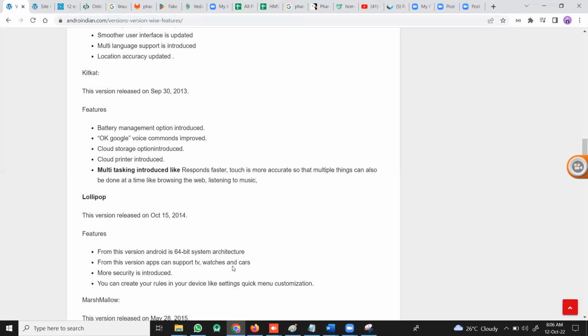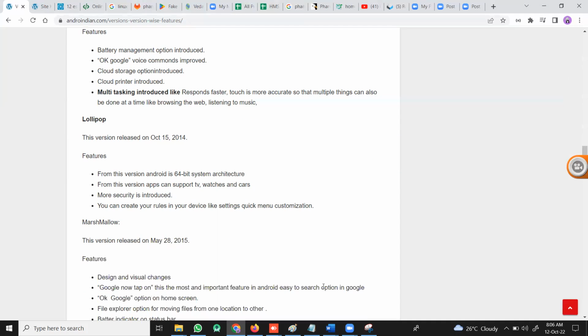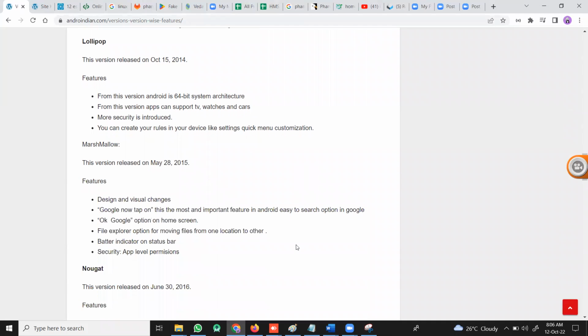And in this, there is more security, because the architecture has changed, so security is automatically updated here, and you can create your own roles and quick customizations. Why this quick customization? Because every manufacturer wants to customize their own applications like that. So they introduced this feature, so it can be customized easily. Next is